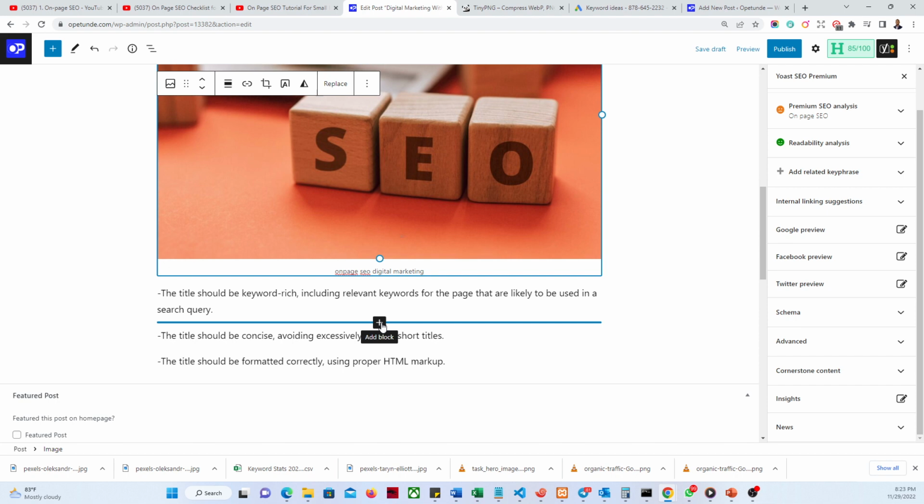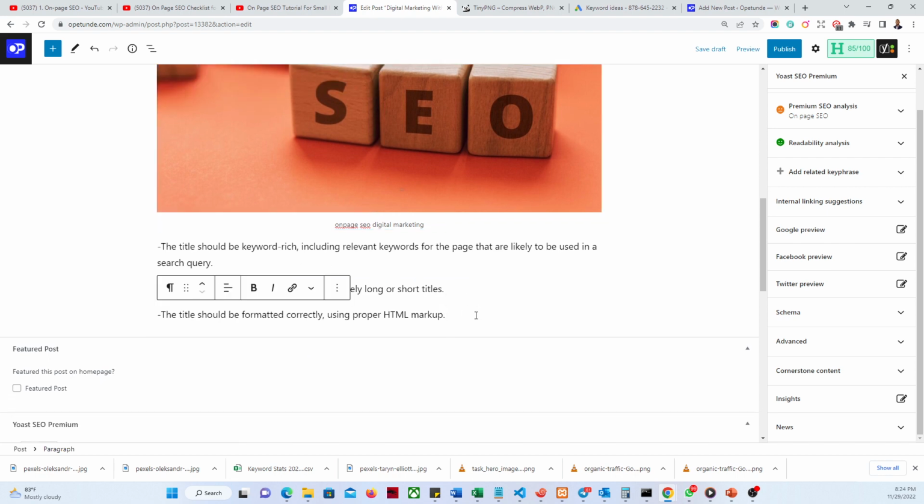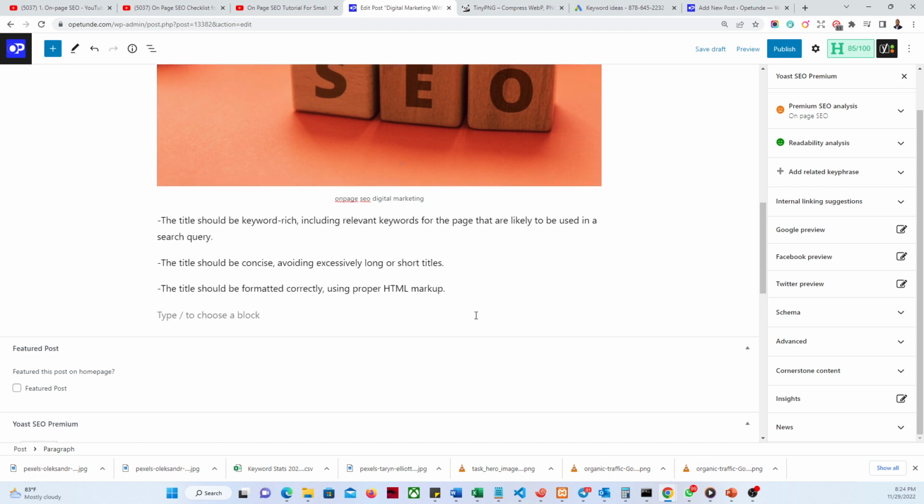So when someone is reading it, say I'm currently talking about on-page SEO digital marketing, I could already have another article that will say something like PPC marketing, and I will link that into the same article by giving the reader a context and say